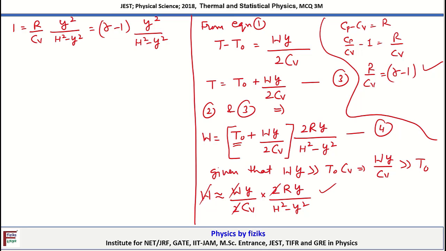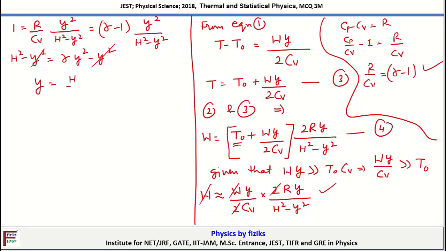Further, upon doing the cross multiplication, we obtain h square minus y square equal to gamma minus 1 times y square. So this y square will cancel, and from here we obtain that y is equal to